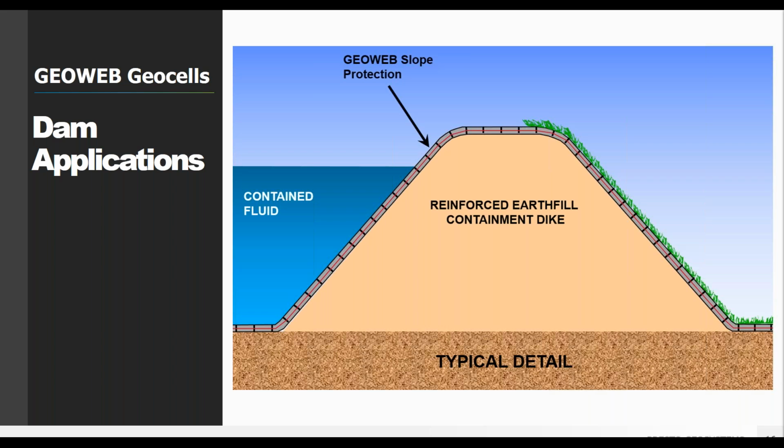Typically, we would do an aggregate solution on that crest, so you'd have a gravel surface road, a little bit easier in terms of maintenance that way. And then on the dry side, you can either continue that aggregate if you want, a riprap surface, or you could even transition to a topsoil, grass vegetation solution for some of those natural aesthetics, make it look a little bit nicer, but you're still providing that erosion protection should your dam overtop. And that's why we recommend the GeoWeb panels be on both sides of your structure.